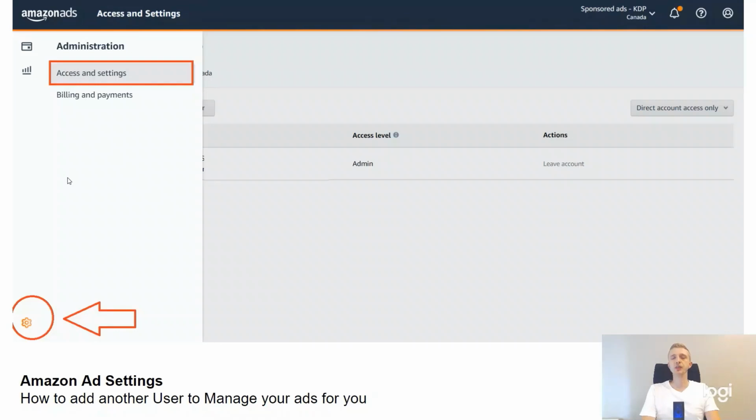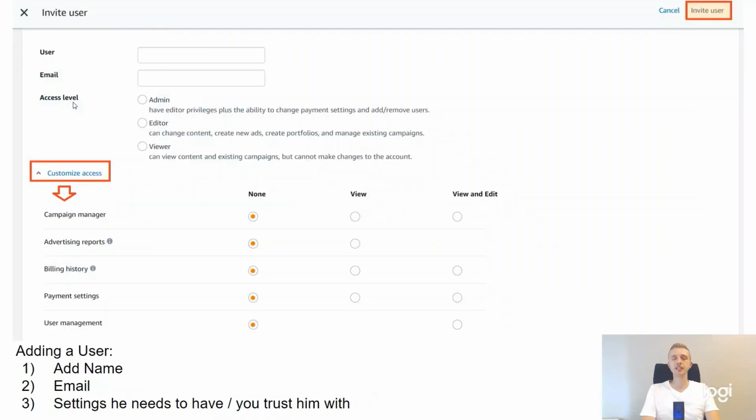So if you do want to give anyone access, just click on Access and Settings, and then this screen will pop up and you can just add the username, his email address or her email address, and then you can select what kind of access level you want to give. Do you want to give admin level, editor level, or viewer level? If the person is just going to manage your ads, just click on editor and don't give them admin access